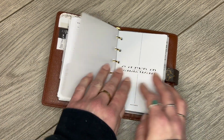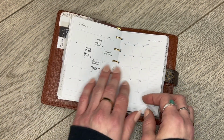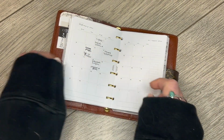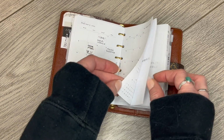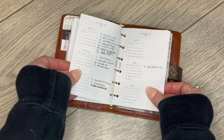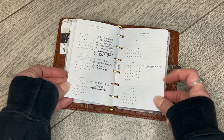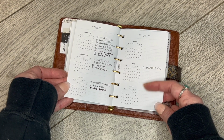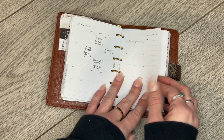And then I have a calendar section, which just houses my pre-plans, or my plans in current motion. I only keep the current month and then one month afterwards because these rings are really tiny. And then I keep a future log in here for Paper Test Designs that I can use for post months. So I have a month on two pages,